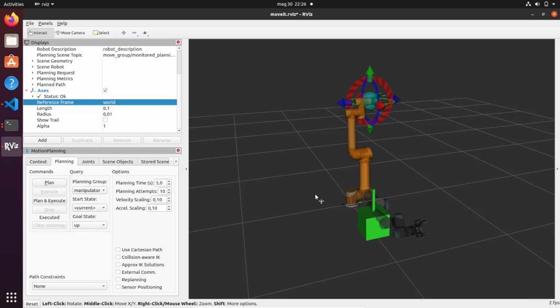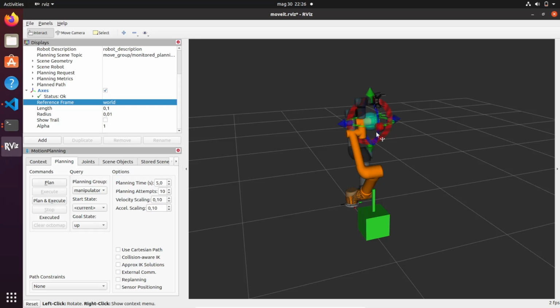Okay, so now if we want to code a pick and place application, we need first to pick. So we need to find what is going to be the orientation and position of the end effector of this robot. Usually in the industrial field, what you're going to do is to just pick the end effector with your hands and place it where you want to place,